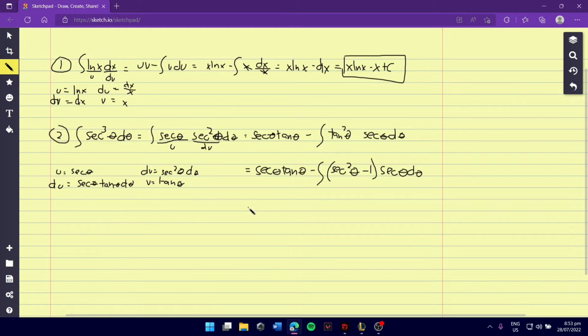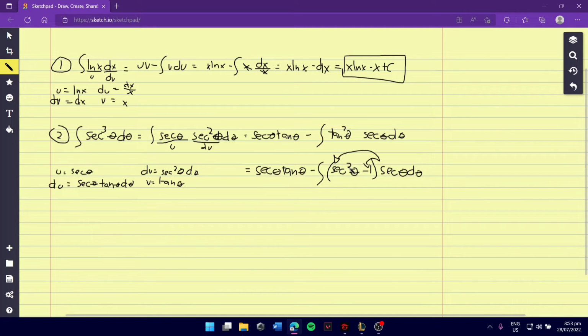So next, we will distribute secant theta. By distributing here and then distributing here, we have secant cube theta minus